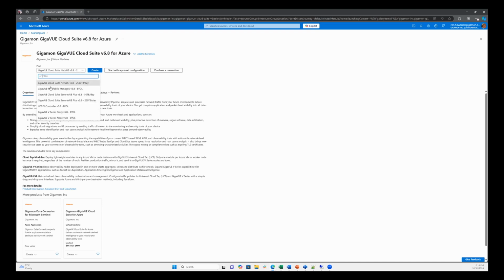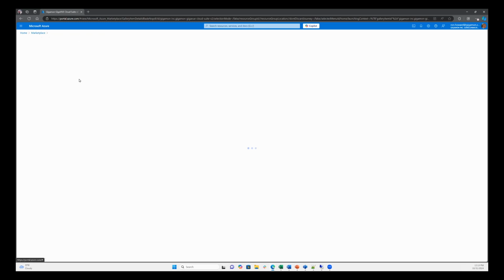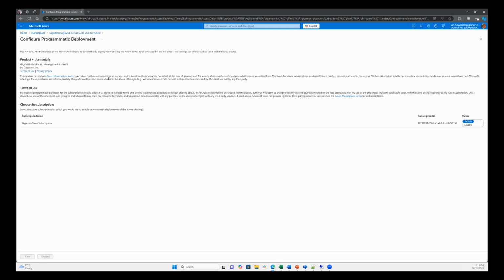So let's go ahead and go to the Fabric Manager here. And then if I click on Get Started, I promise I know how to use a mouse. You'll notice initially that it will actually be disabled. So you would just need to go over here and click on Enabled, and then